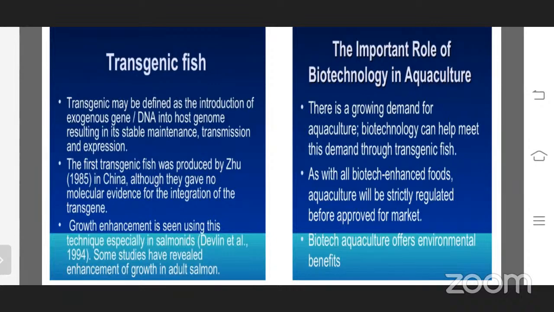So we are expecting more growth enhancement using this technique, especially in salmonids. The first time in salmonids, we introduced growth enhancement genes, and some studies have revealed enhanced growth of adult salmon. This was happening in the earlier days, but these days there are more techniques for the manipulation of the genetic material